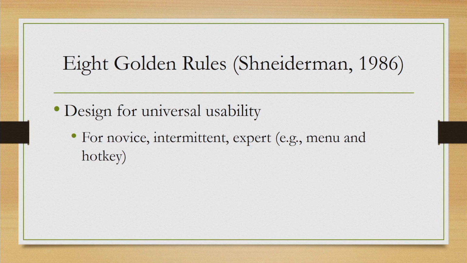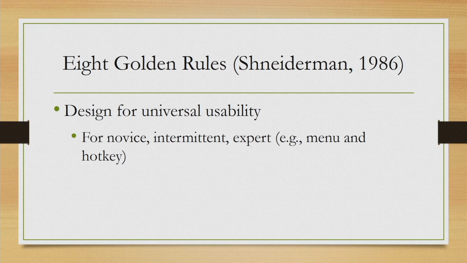The second golden rule is the rule for universal usability. So, we should design for universal usability. What does it mean? It means that our design should cater to all possible user groups. Now, recollect from our earlier lectures that we can have a broad categorization of users in three groups: novice, expert and intermediate. So, typically when we design something, we should have facilities for all these three groups: novice, intermediate and experts.